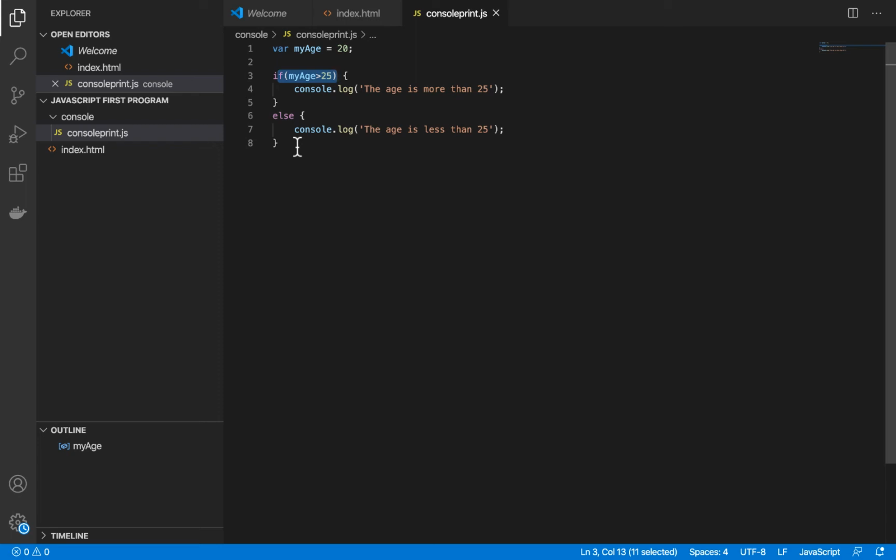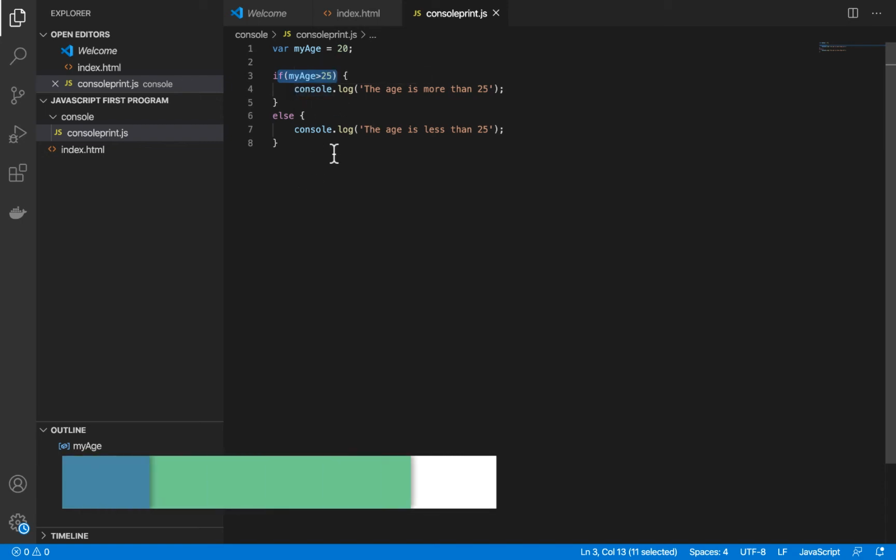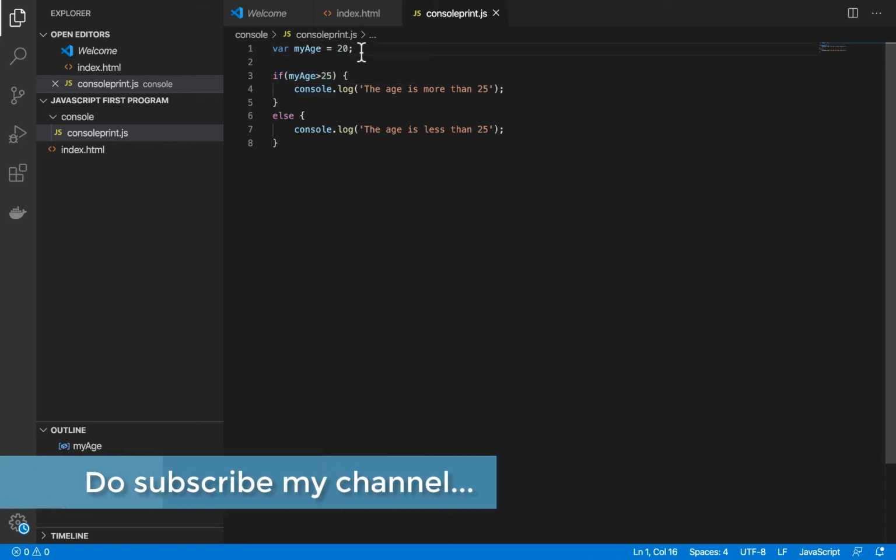But in a real-time scenario, it is very complex. So we can provide n number of statements within it, and we can provide proper decision-making code within the parentheses as well, and the block will be executed in that way only. So this is all about that. So I will provide one more example.